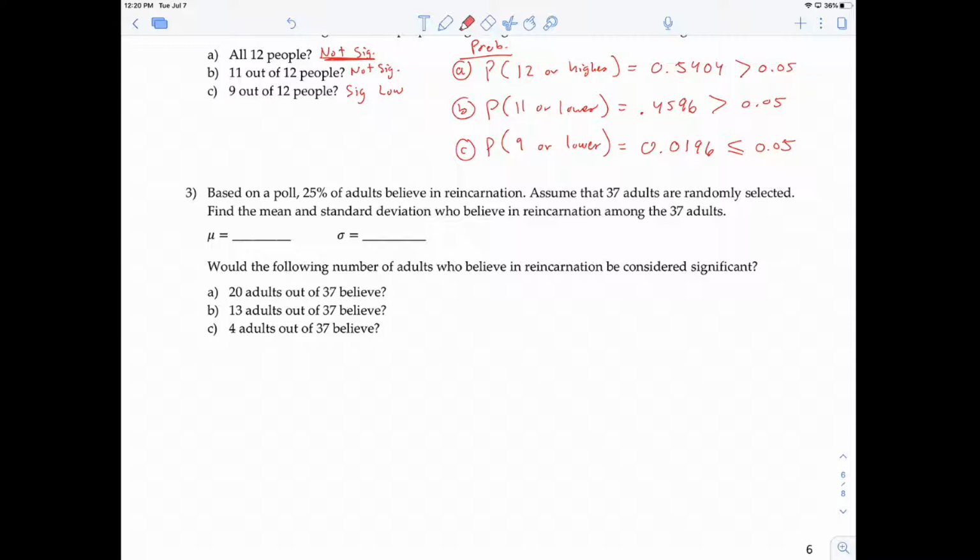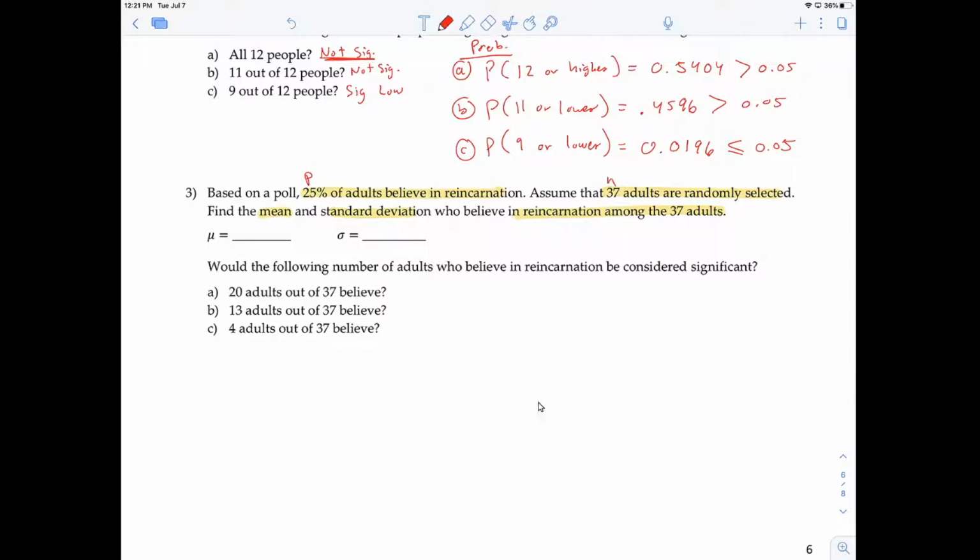So based on a poll, 25% of adults believe in reincarnation. Actually, let me change that to yellow highlight. Assume that 37 adults are randomly selected. Find the mean and standard deviation of those who believe in reincarnation among 37 adults. All right, so we know this is binomial because the outcome is you either believe in reincarnation or you don't believe in reincarnation, right? So this is my P, this is my N, and my Q is just 1 minus